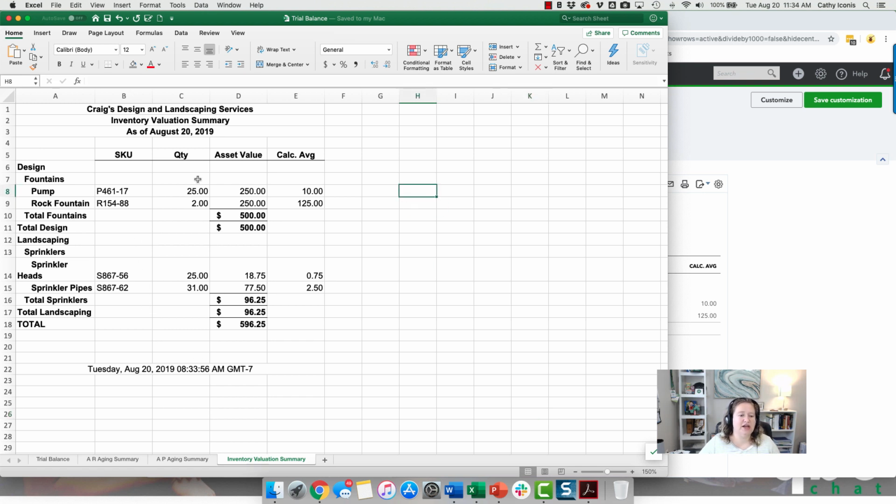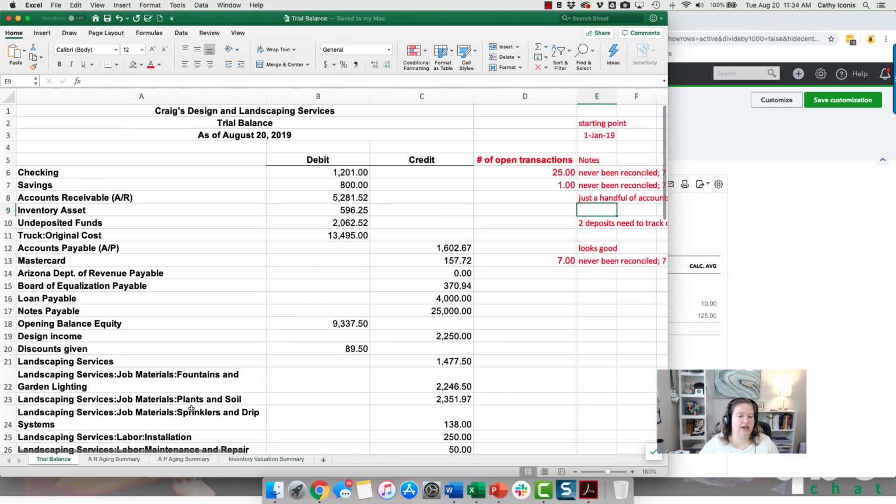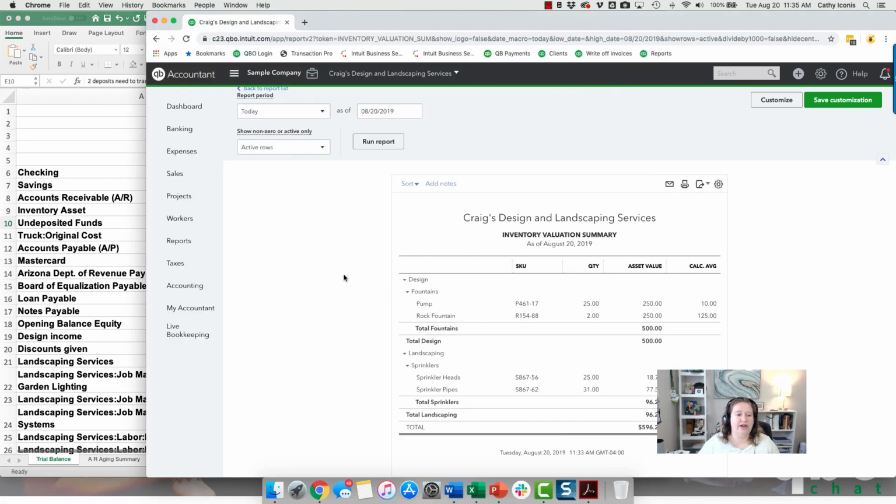So looking at this, just again, based off of my conversation with the client, understanding their business, maybe even asking them what kind of quantities I should expect on hand, all of that sort of stuff. Looking at this, it looks reasonable to me. So I'm just going to say, looks okay. And I'm also noting that there's not a lot of inventory that I need to deal with. There are like 4 different items that I'm going to be worrying about. It's not a huge long list of inventory items that I'm going to have to figure out. Okay, next, let's go